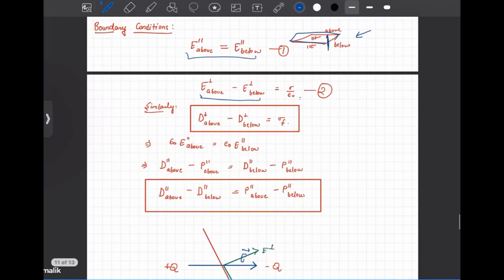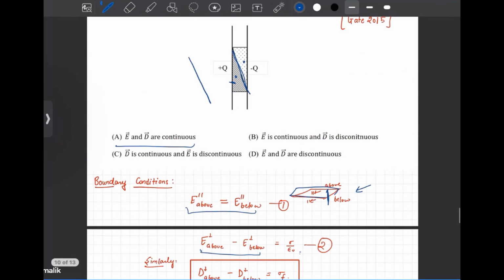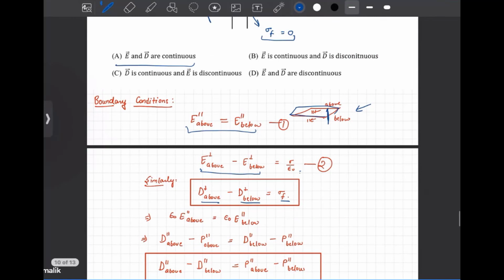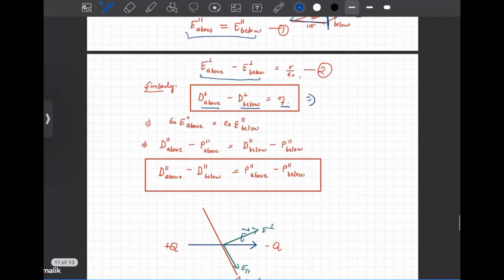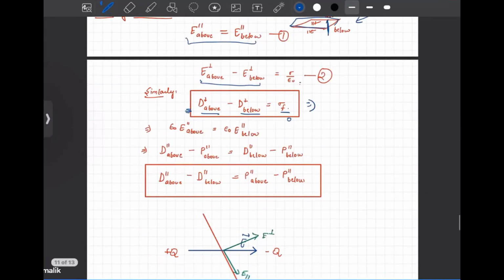Similarly, if we want to write this condition in terms of the D vector, it will become D perpendicular above minus D perpendicular below equals sigma free charge density. Now, in this case, it is not given that there is any charge across this interface, so we assume that sigma free is zero. Then D perpendicular above minus D perpendicular below equals zero, so the perpendicular components of D are continuous. They are equal. But if you look at the parallel component of this D vector,